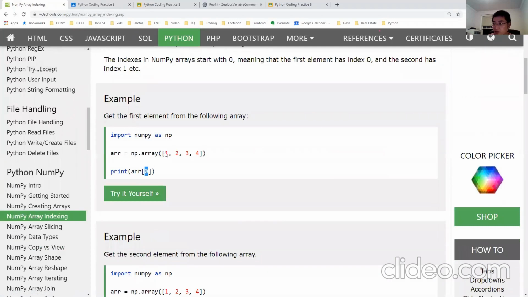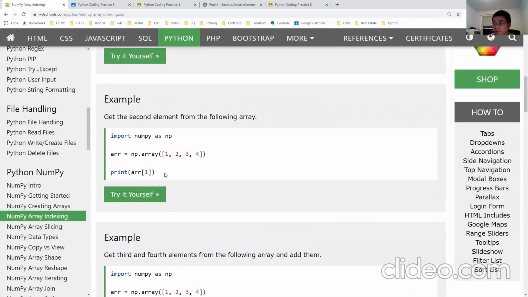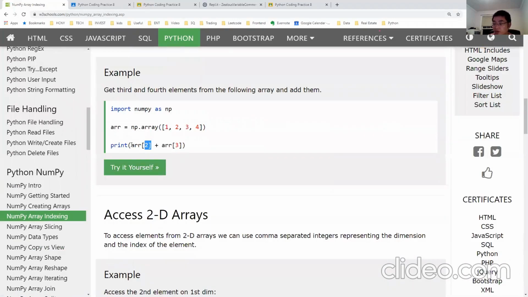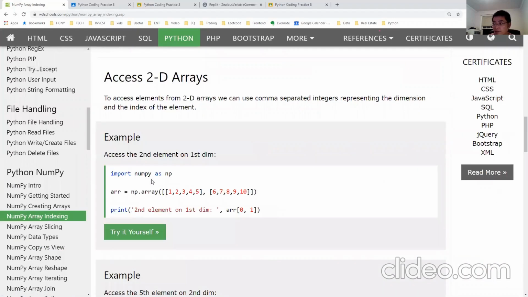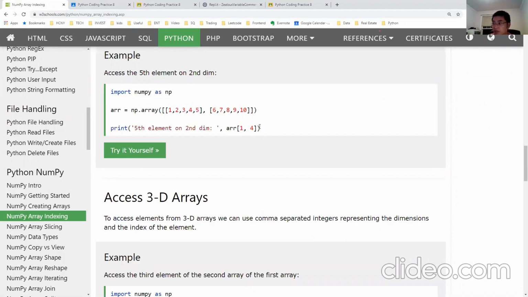Array index 0 is the first one, this 1 is the second one. You can also use the value. If it's a 2D array, you need to put 2 indexes, row and column.